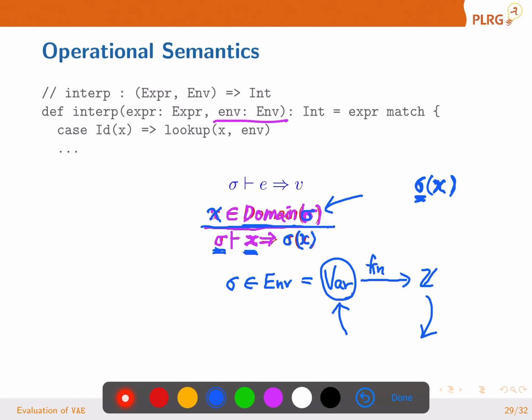Then you may ask, but in the Scala implementation, what we did is that when x was not in the domain of the environment, it threw an exception, a free identifier error, but the semantics does not say anything about it. That's a really good question. You should ask that question, okay? The operational semantics describe only valid cases,